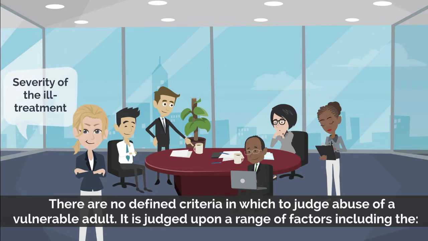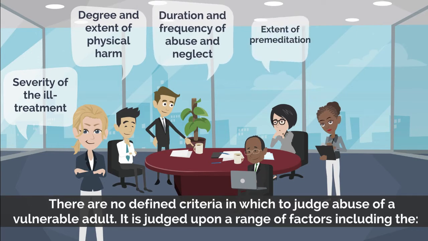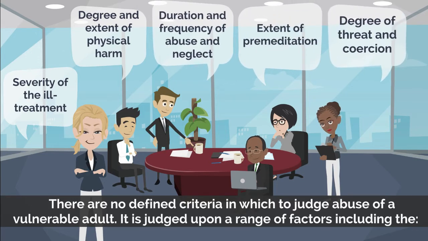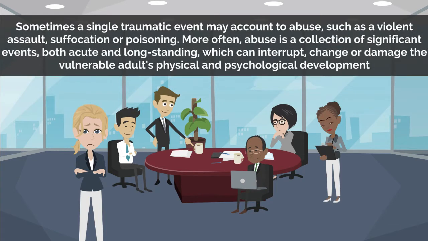It is judged upon a range of factors, including the severity of the ill treatment, degree and extent of physical harm, duration and frequency of abuse and neglect, extent of premeditation, degree of threat and coercion, presence of sexual abuse. Sometimes a single traumatic event may amount to abuse, such as a violent assault, suffocation or poisoning. More often, abuse is a collection of significant events, both acute and long-standing, which can interrupt, change, or damage the vulnerable adult's